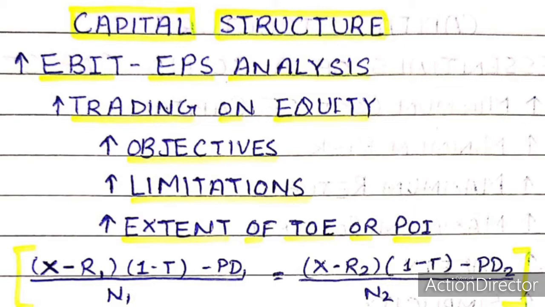Number 2, higher rate of interest on successive loans. The second limitation of trading on equity is that every successive loan will bear a higher rate of interest because every lender runs a greater risk. It results in costly borrowings and restricts the freedom of management.